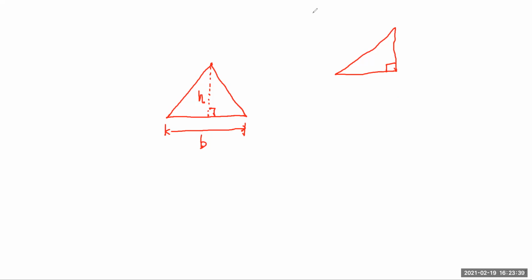So we do the same thing as we did with the trapezoid. We make an exactly the same copy, but turn it upside down. Then we get something like that, so you have the same area. Now we end up with a parallelogram, and a parallelogram we know is base times height, right? Right. But the triangle is just half of that. So the area then is half of that.